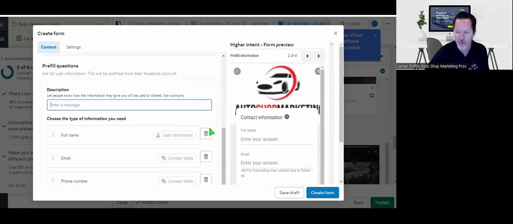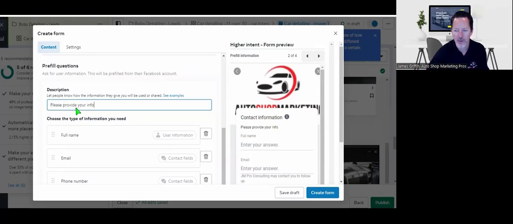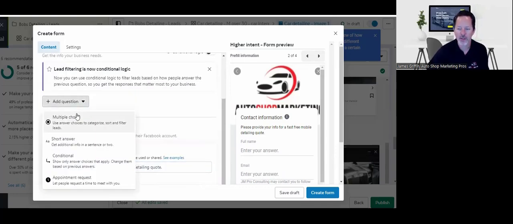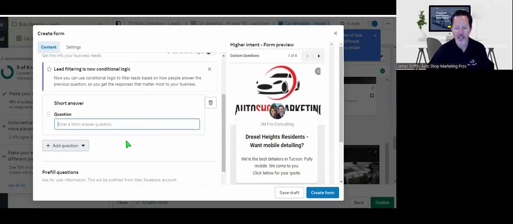So, okay, here this description: please provide your info for a fast, free mobile detailing quote, or whatever you're doing. Now add a question. Here's where we can add a bunch of questions, at least to get them more interested. You can do this appointment request if it's synced to your calendar. This doesn't always work for people here. And one thing to keep in mind is the more questions you ask, the less likely people will fill it out. But if we do a couple questions, it's not bad. So multiple choice or short answer. I like to do short answer and say,